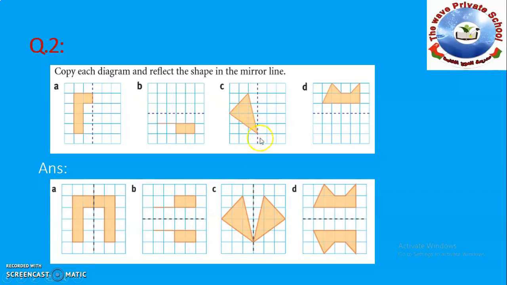In this part, you know that at this point the object is 1 block away, and here this touches the symmetry line. Here it touches the symmetry line, so the image will be the same like that. You draw an arrow started from here and 1 block away. Here it started from here and will go down where it touches this symmetry line. So in this way you can draw your shape, and the image will be the same like that, 1 block away,